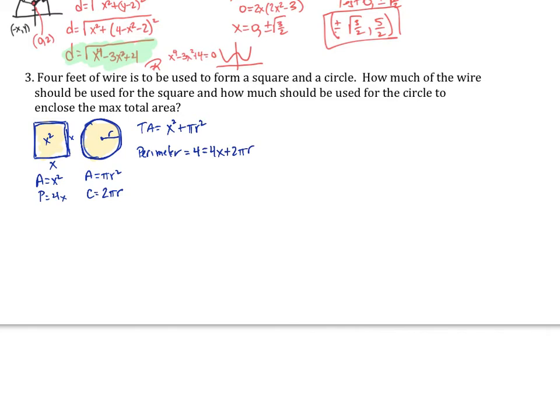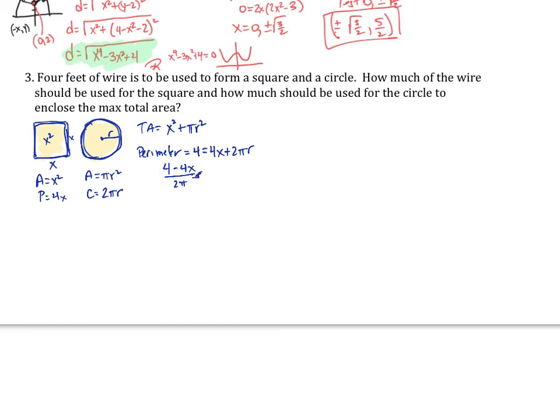I want to solve for a variable and plug it into the area equation. I would recommend solving for r in this situation. I just think it's going to end up being a little bit easier. How do you know? Sometimes it's just trial and error. I'm going to tell you for this one that it's r. You could have solved for the other one, and it may work a little bit differently, but in this case we'll just go ahead and do it this way. So I'm going to solve for r, so this becomes 4 minus 4x divided by 2 pi,